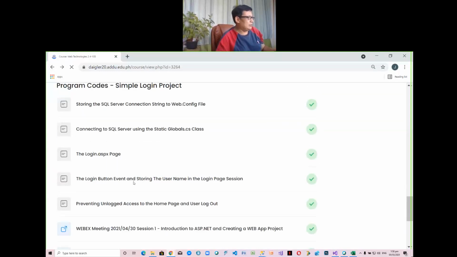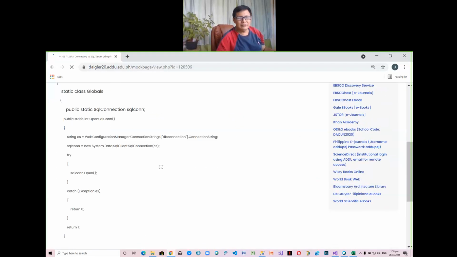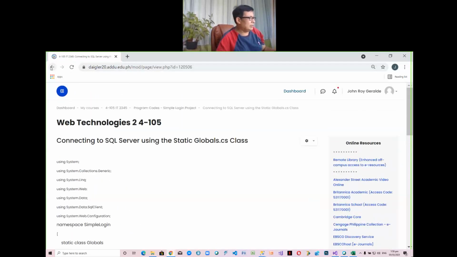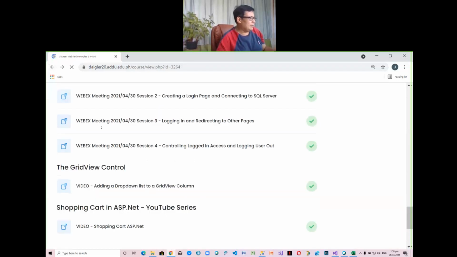Then there it is, no? The static global.cs class, no? Nandito. Okay, which you can move to your project and you can include by doing a right click. I will try to do that again. And then